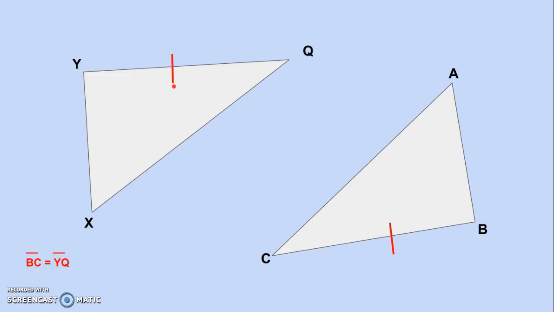Now, we mark that they are equal by these nice little dashes through each side that say the line with this red dash is equal to the line with the other red dash. Or line BC is equal to line YQ. Now, from this we can infer that